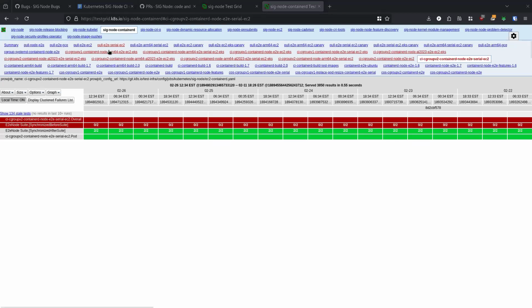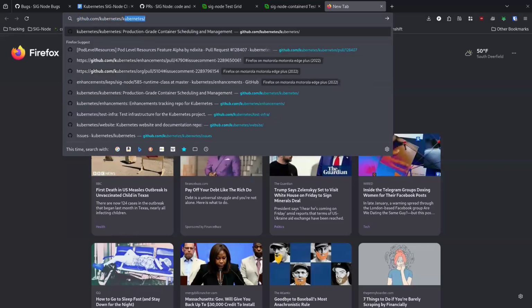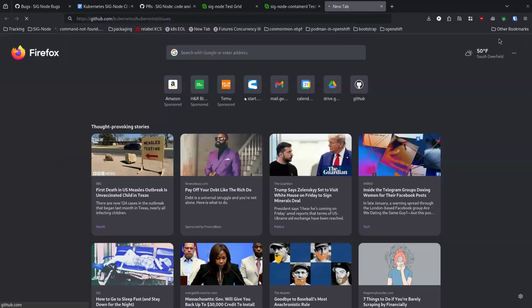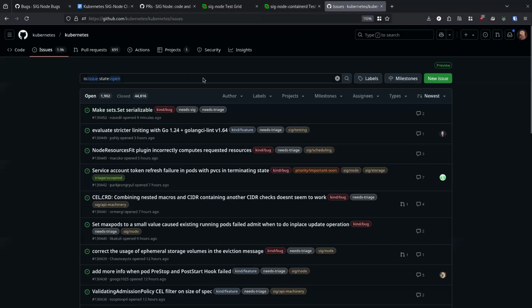It doesn't look like anyone who's more familiar with Kubernetes is here. Let's see if there's any open issue.